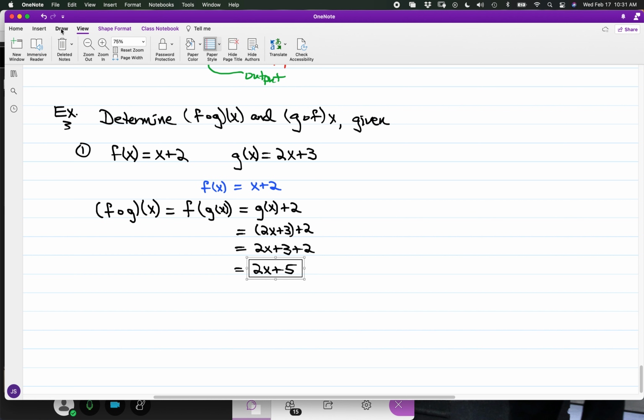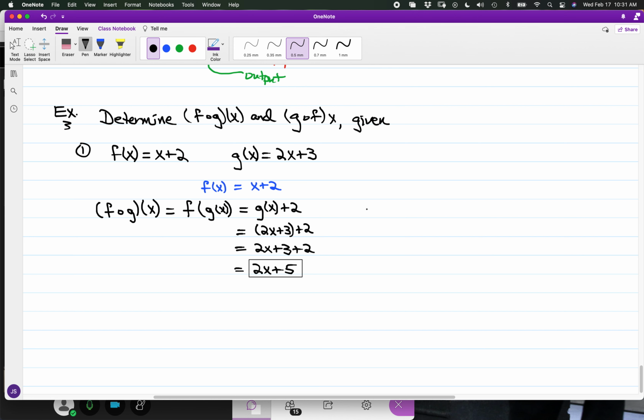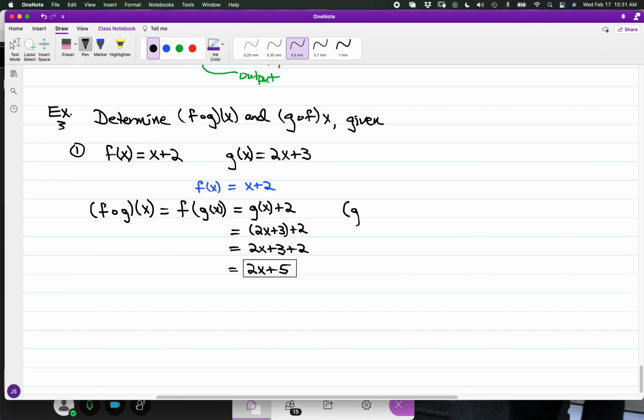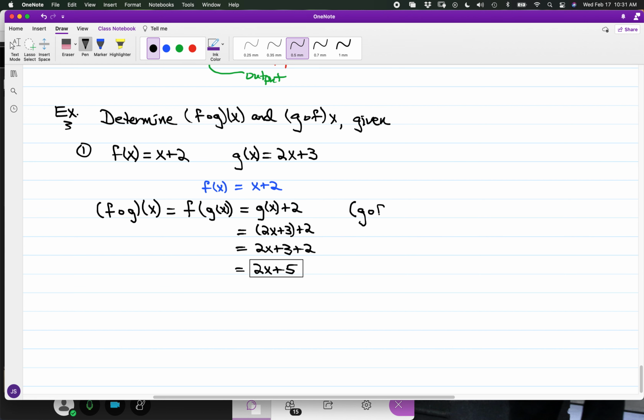Now for the other composition, we have g composed with f of x. So we have g of f of x. Now I'm going to operate in accordance with what I have assigned for the function g. So in the pattern, g of the input equals 2 times the input plus 3. Now for what I have over here, the input is f of x, so I'm looking at